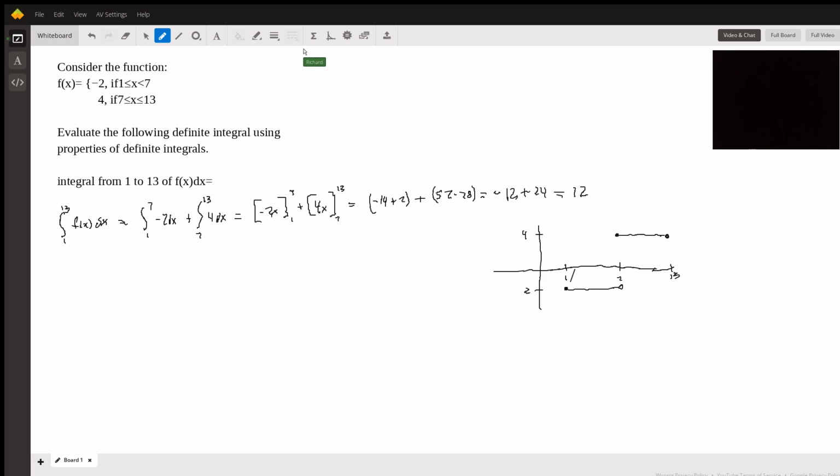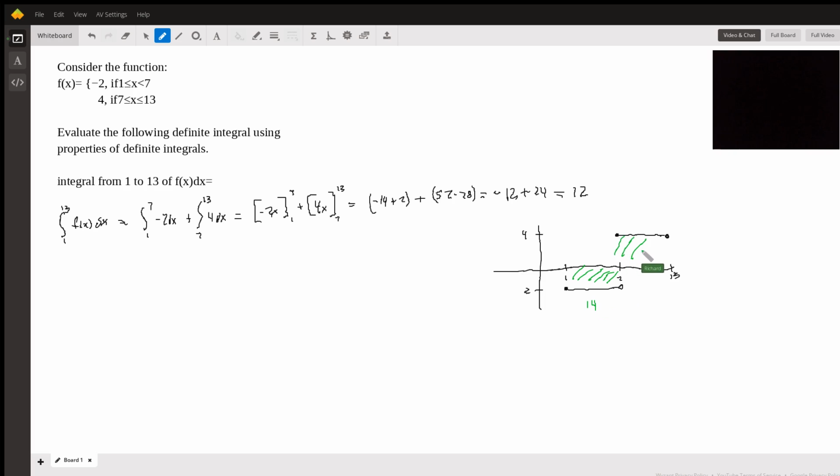Oops, sorry, I meant to change color. This is a rectangular space here. And I know the area of a rectangle, that's just 7, it's 7 long and 2 wide, so the area here is 14. And then this is another